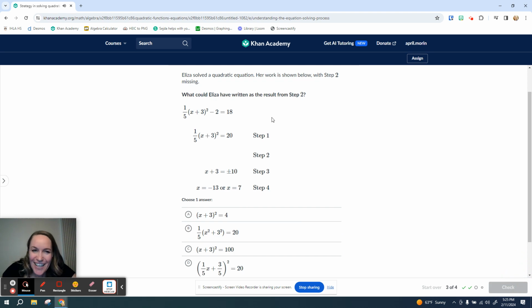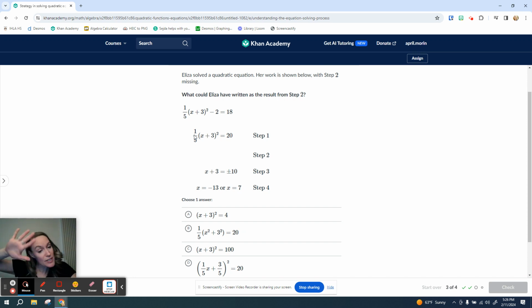Yay. Okay, Eliza solved a quadratic equation. Step 2 is missing. What should she have done with step 2? Well, before we square root both sides, we really need to get rid of this fraction. And the way to get rid of the fraction is to multiply by the